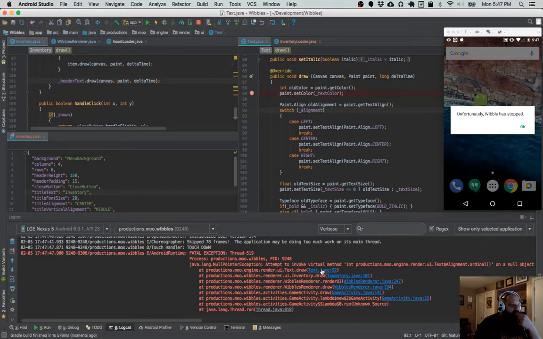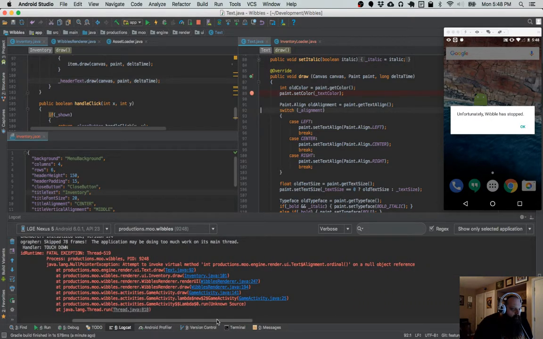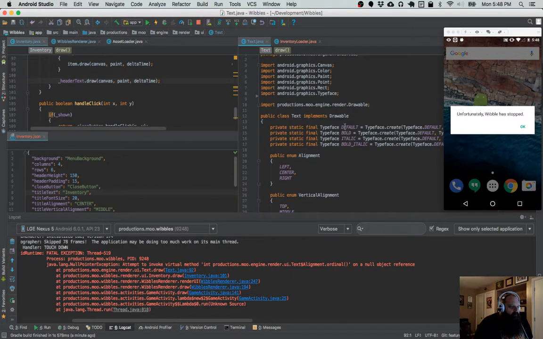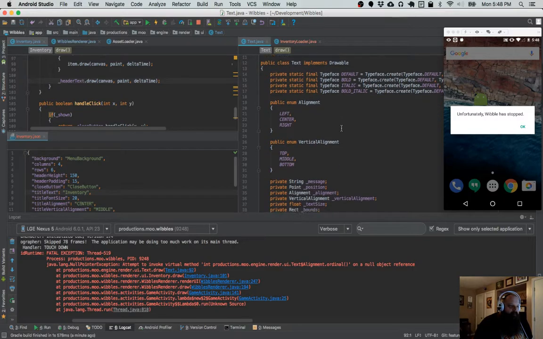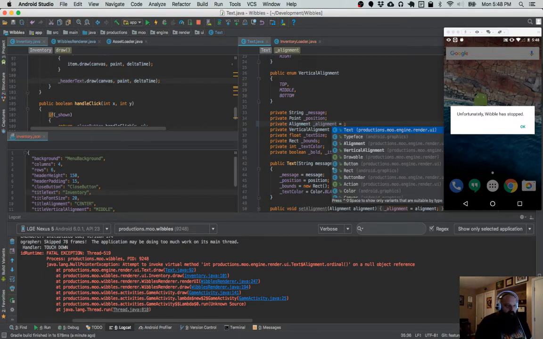Now this is crashing here on alignment. Attempt to invoke ordinal on a null reference. So do we... Oh, we didn't set the alignment or anything, but that's fine. We should probably just default it to some value. So let's default to